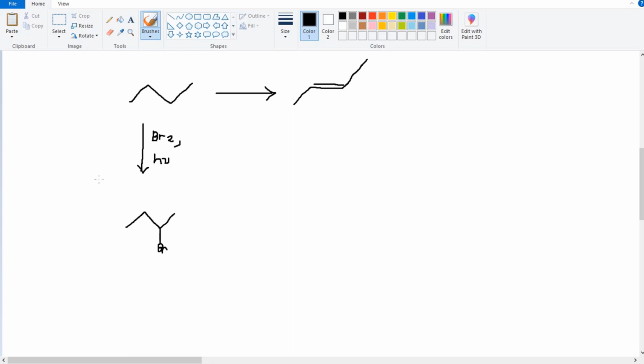E2 elimination. And you can use pretty much any base you want, but you want to use a base that will make sure that it turns it into a double bond. Now, here's the thing. If you use something like NaH, something that is a poor nucleophile but a good base, you will get this,